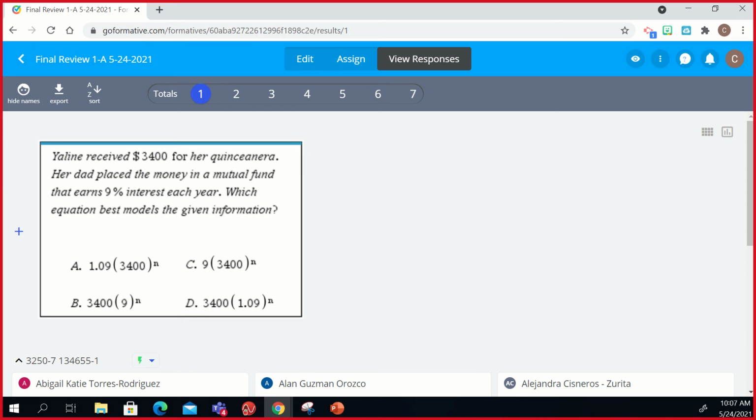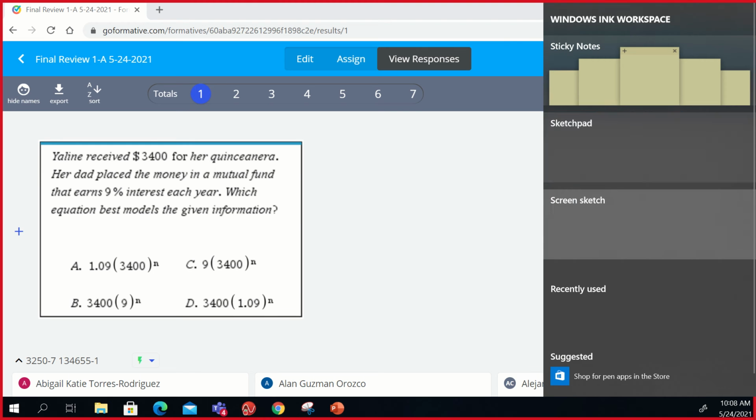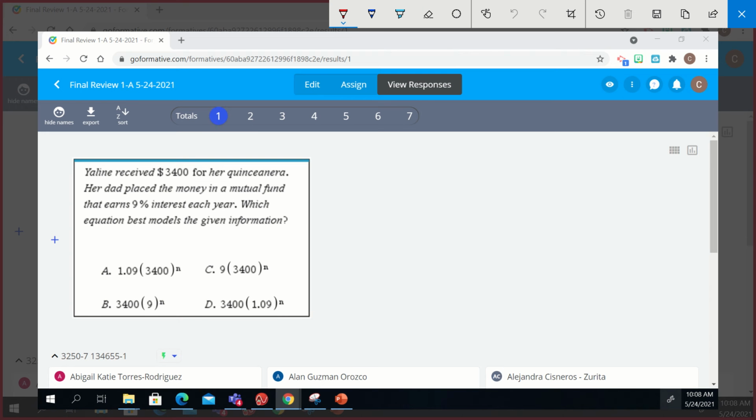So, her dad placed money in a mutual fund. A mutual fund, if you're not aware, is an investment account. It earns 9% interest each year. Which equation best models the given information? So, what you need to know before you do anything is that if it's an investment, it's this type